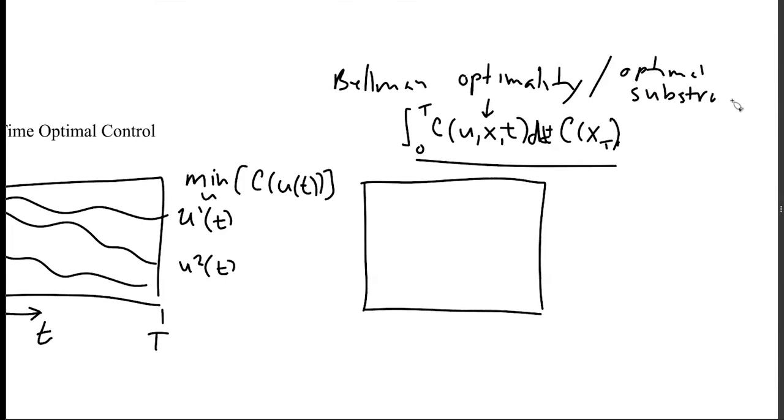And what we do is we know what our cost is going to be at the end, right? We have some function, c of x at capital T, at the end. And we just want to take a step back and ask the question, if we took the optimal step to the terminal state, the best possible step that we could towards that terminal state, what is going to be our cost over here? And we're going to call that function v of x, t,